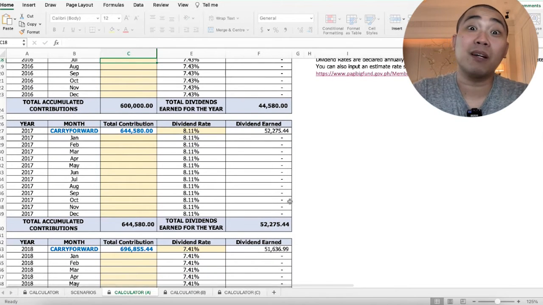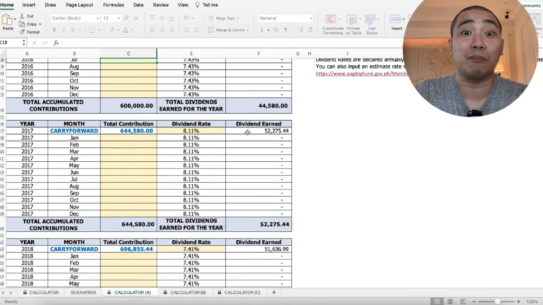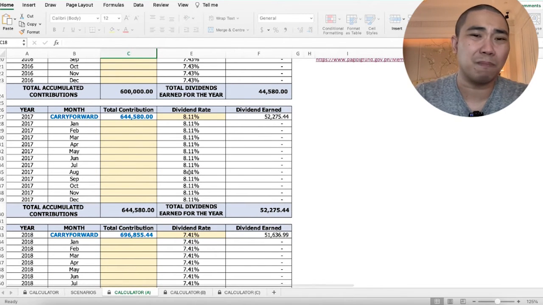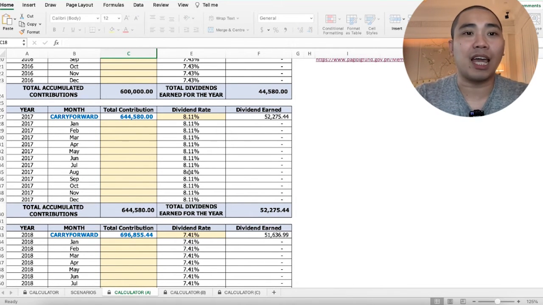Right? Remember lang guys, hindi nyo to malalaman mismo sa January 2017 kasi hindi pa tapos yung year. So, it's always 1 year delayed. So, kailangan nyo lang i-update yung tracker nyo. Also, the dividends are posted more or less around that time. Mga April, May din siya mag-post sa account nyo. So, just have to monitor it via Virtual Pag-ibig.